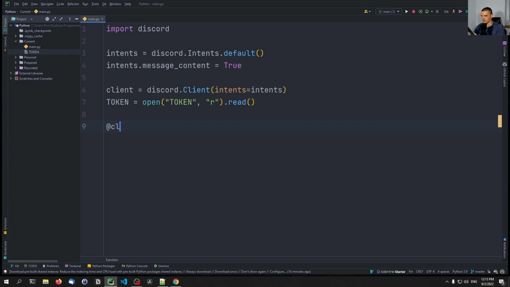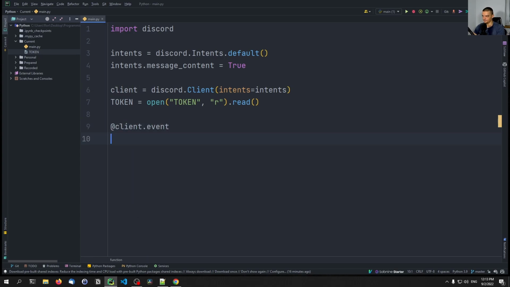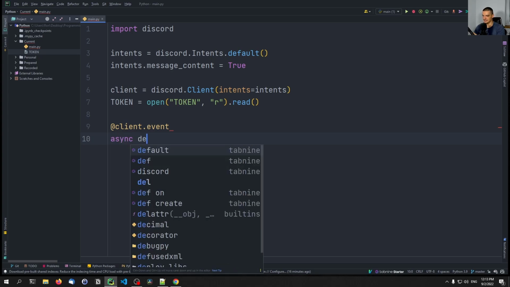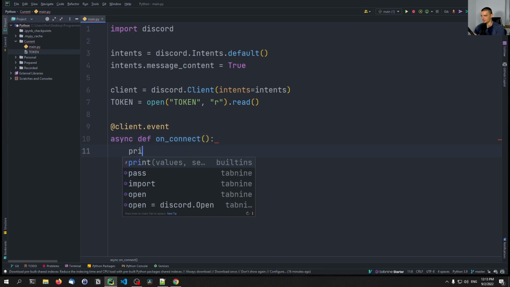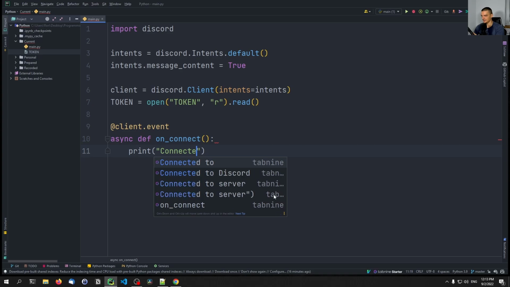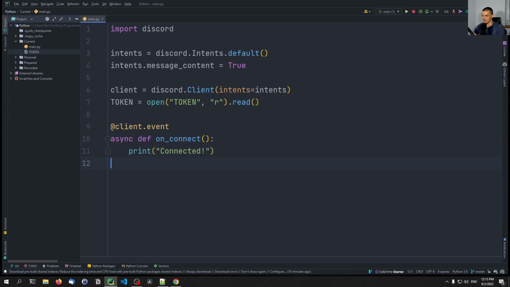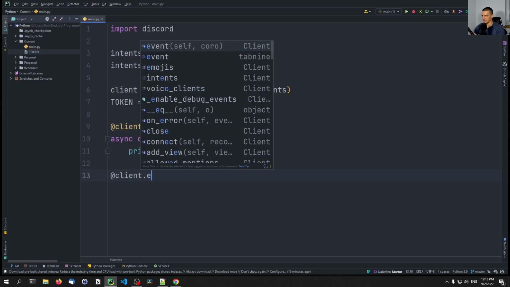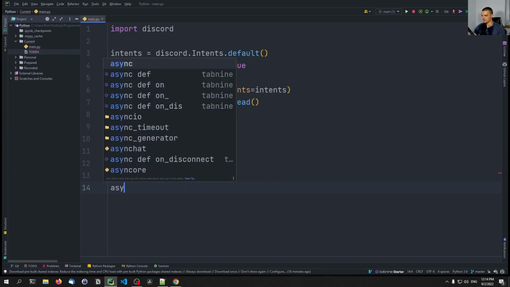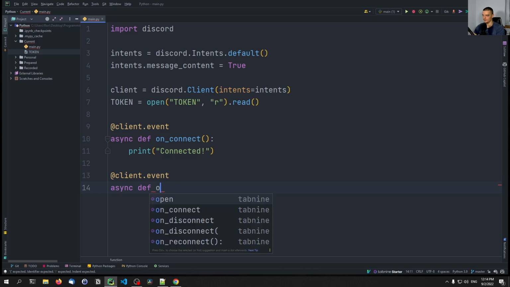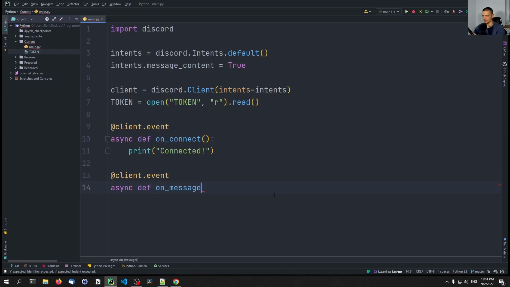We're going to say client.event, async def on_connect. So when we connect to the server, we want to just print that we connected. And then we also want to have client.event, async def on_message. So if a message is sent somewhere and the bot can see the message, what we're going to do is